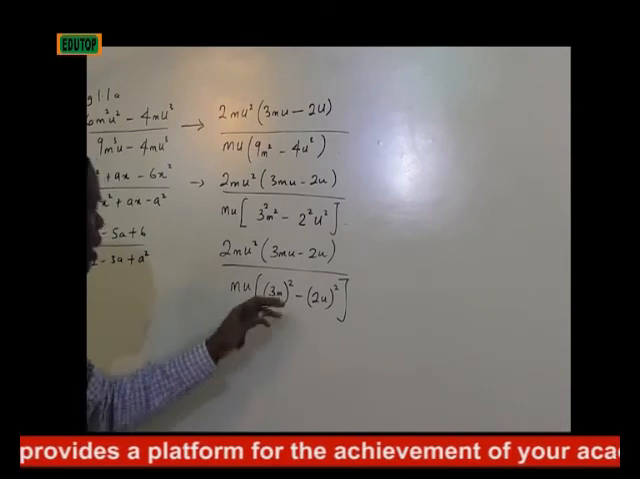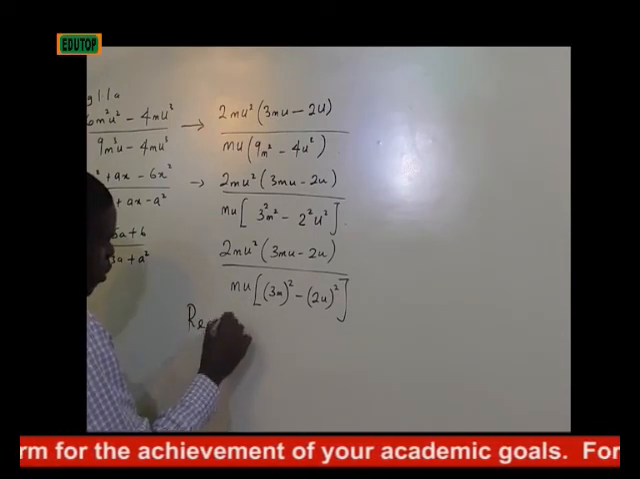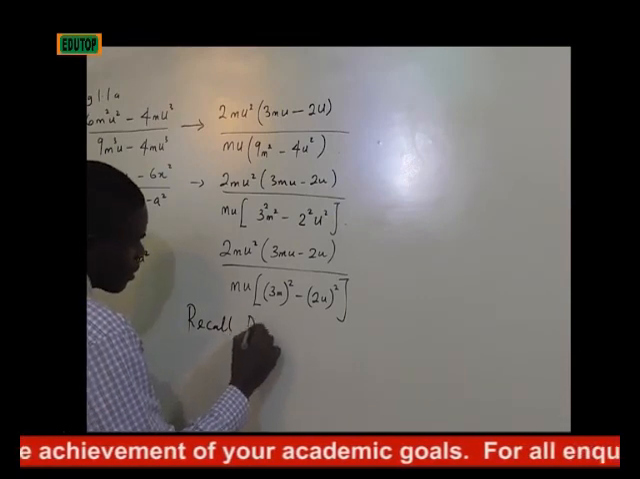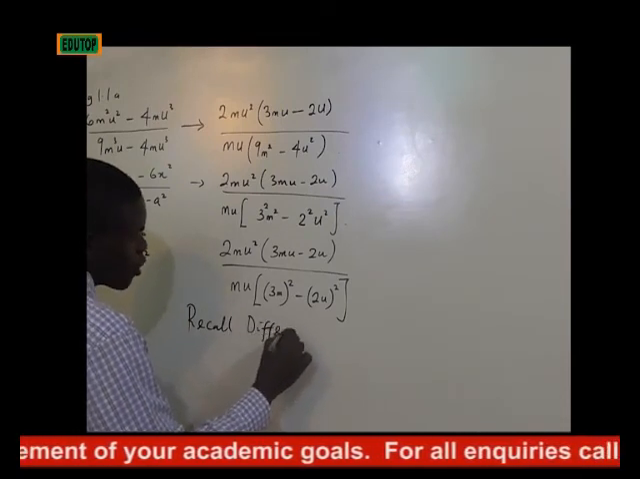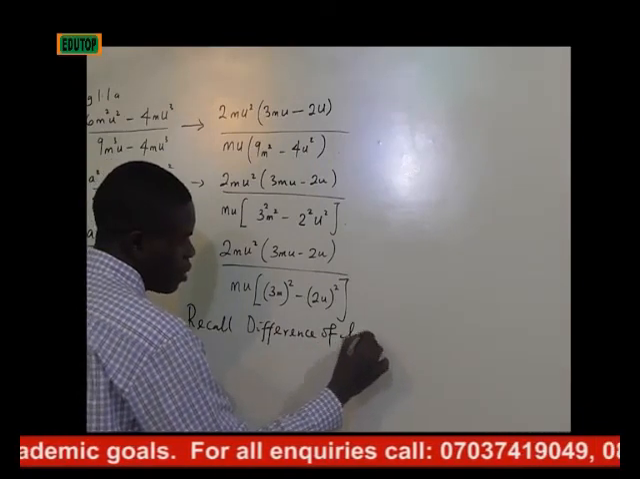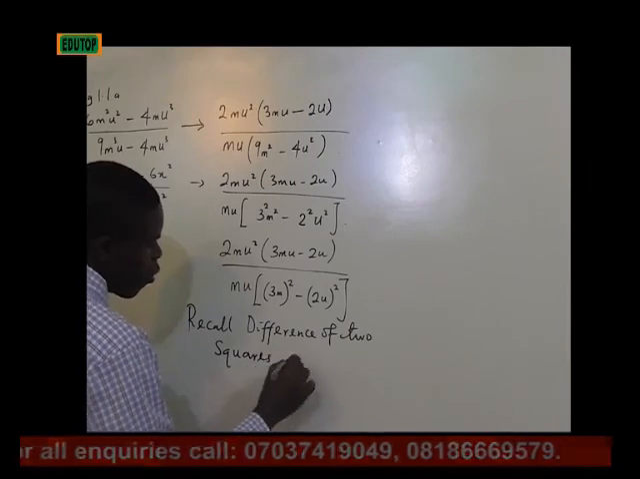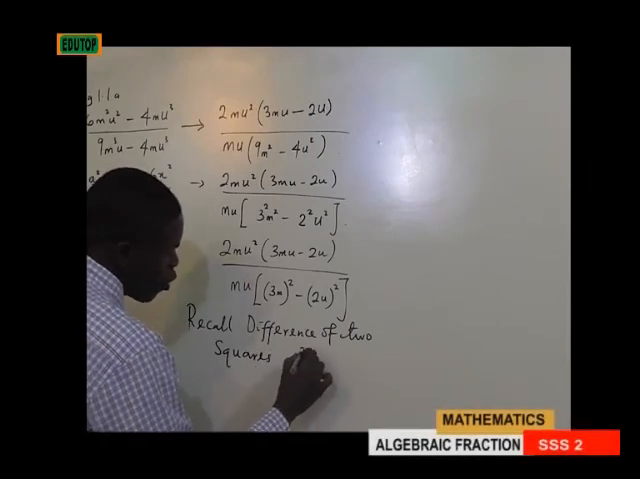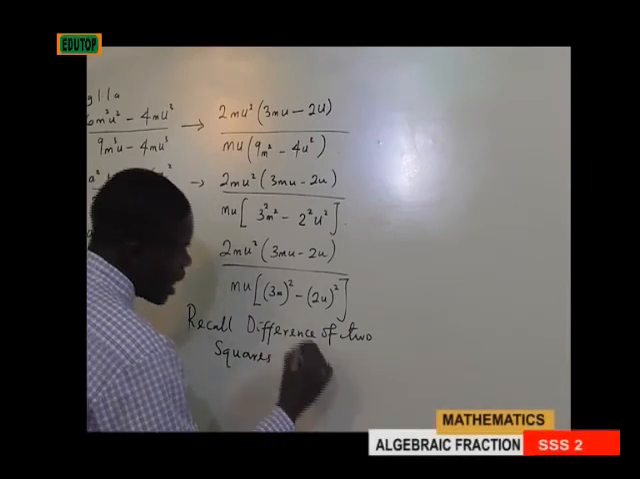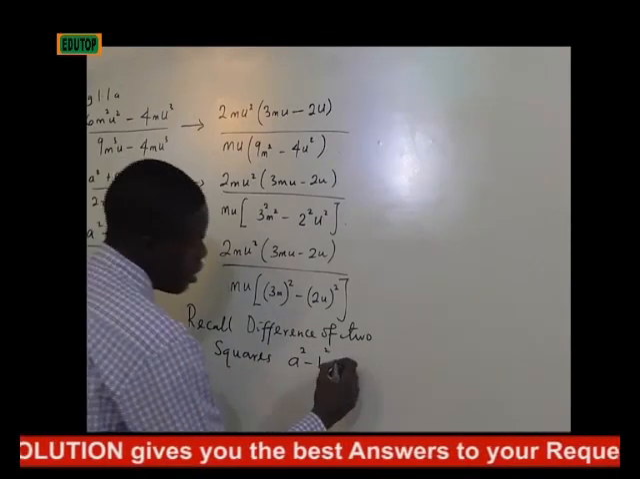So by so doing, we can recall what is called the difference of two squares. Difference of two squares, which states that when we have a particular square and we are taking the negative of the other square, which is known as the difference of two squares, the rule states